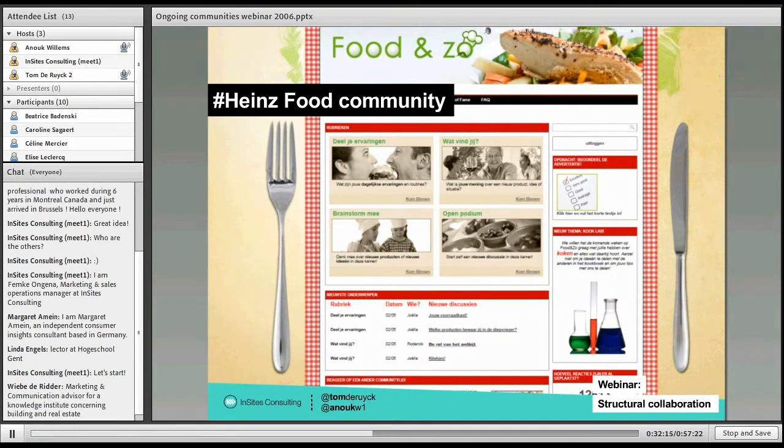And we also saw that Heinz involved along the way more stakeholders to make use of the community. In the beginning, it was only the Dutch marketing team, but now also customer service and R&D are asking questions from time to time. So we saw 3 examples of how you can start small but think big, and how you can move step by step towards structural collaboration.